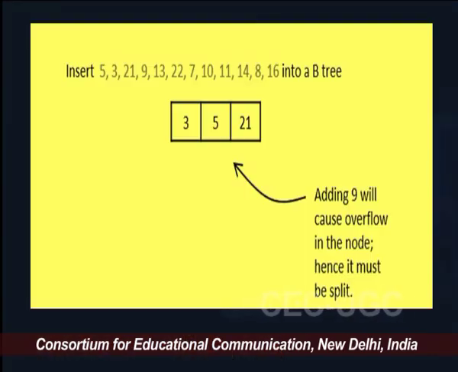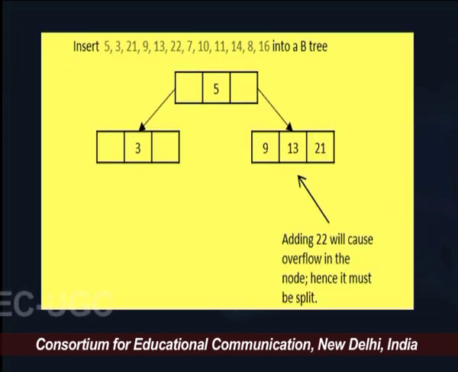So here we have inserted 5, then comes 3. In a search fashion we insert 3 and then 5, and then we have inserted 21 also. Now the next number coming here is 9, but adding 9 will cause an overflow in the node, so this node must be split. How are we going to split this node? The median key will definitely go up. So here we are taking 5 on the upside. On the left side of 5 we have 3, and on the right side of 5 we have 9